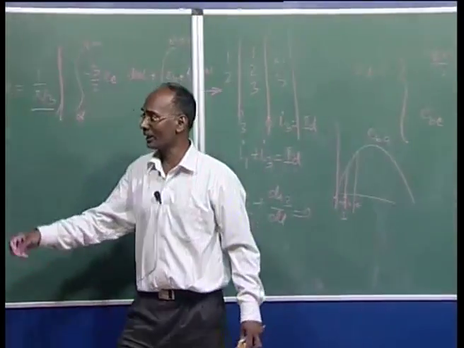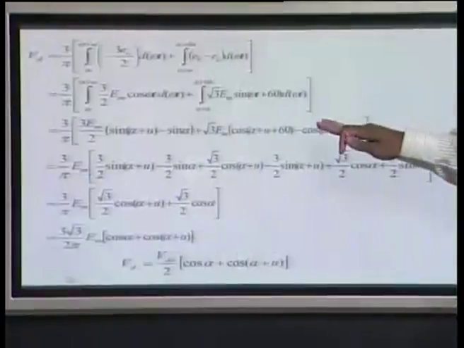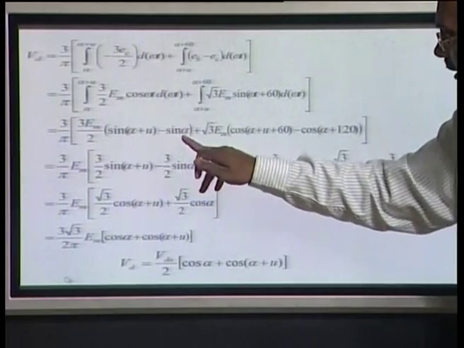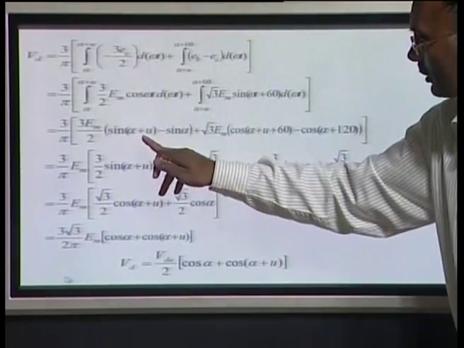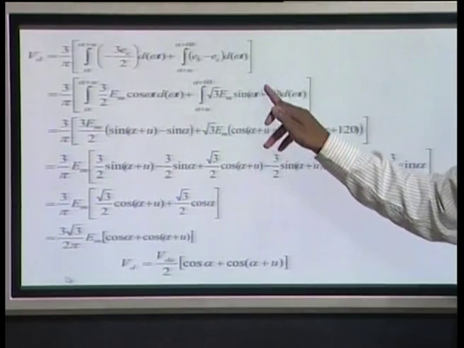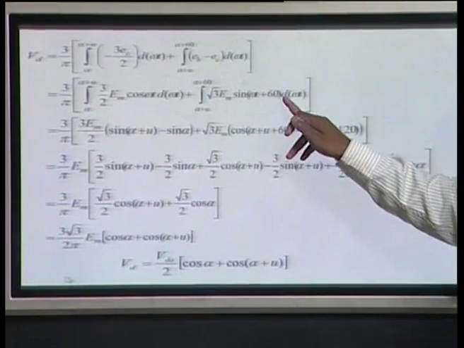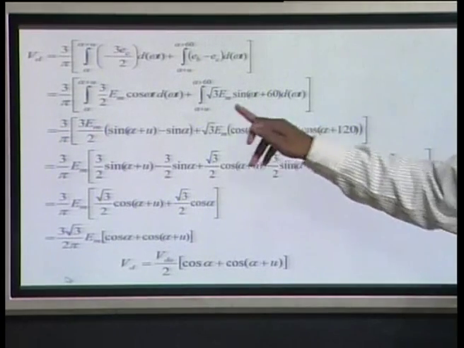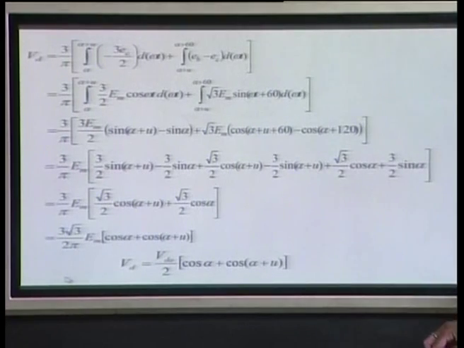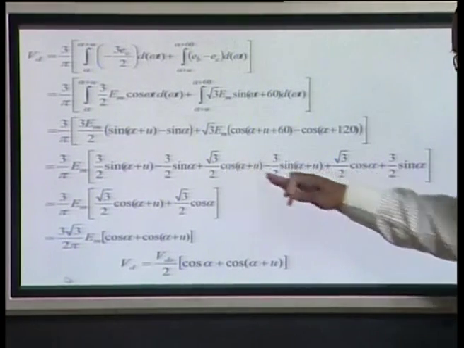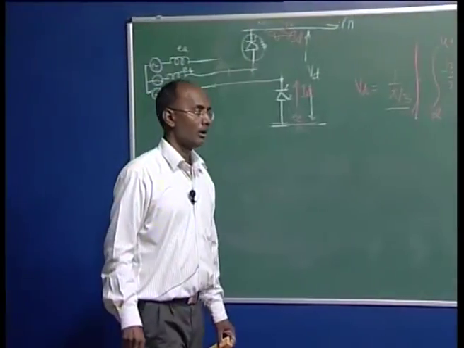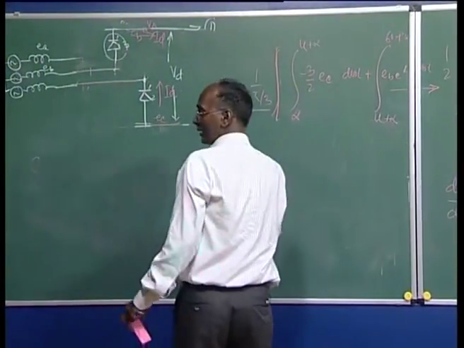I am not going to integrate and put in this value, just you can see the steps, they are written very well. Here the cosine becomes sine on integration. So this is the integration from alpha to alpha plus u. Here we got this term. Again this is integrated, this is a cosine here, and then we put omega t equal to alpha plus u, and the other limit alpha plus 60, and here you have to simplify, and finally you get this value. So here we are getting the final expression.